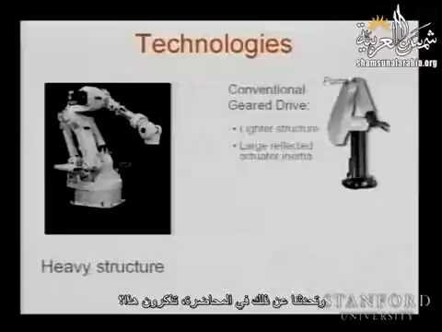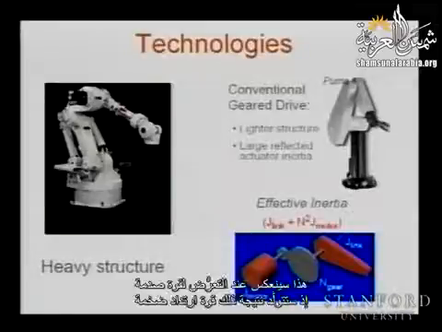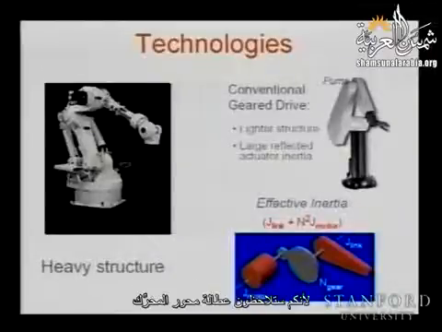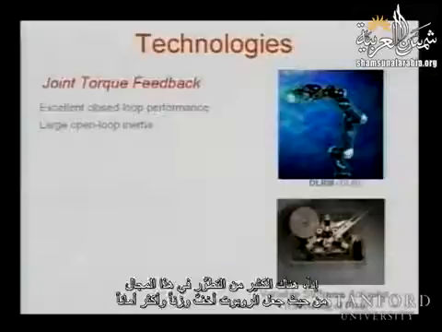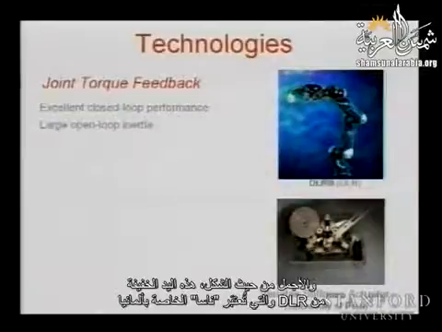It's hidden inside, and we talked about it in class. You remember this n square, the inertia of the motor. This is going to be reflected. And when you have an impact force, you're going to really produce a large impact force because you are going to see the inertia of the rotor of the motor. So there was a lot of development in the area of making robots lighter, safer,